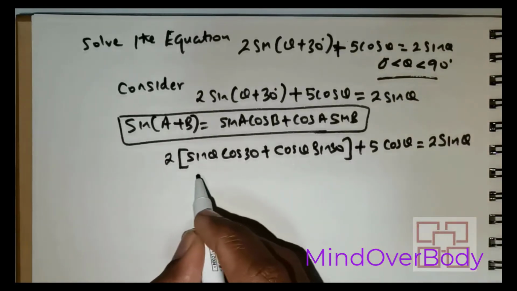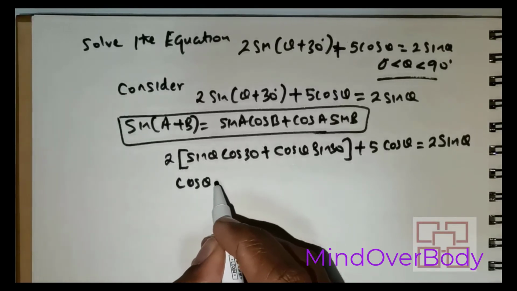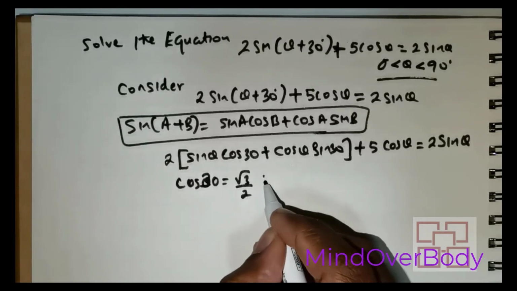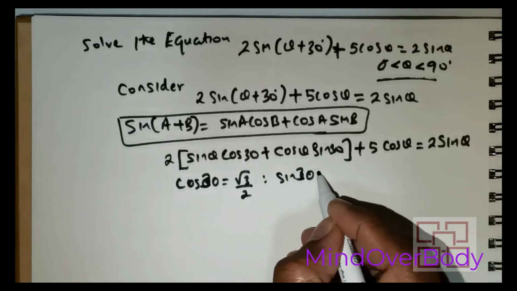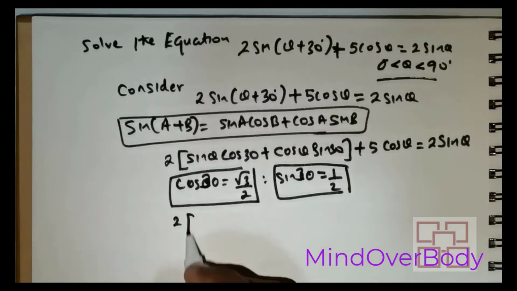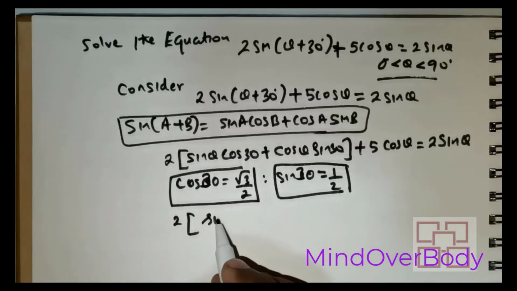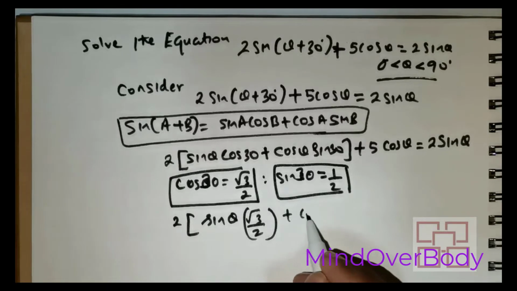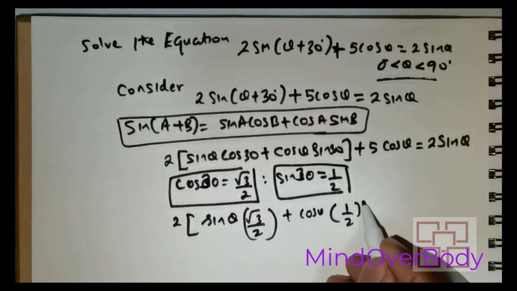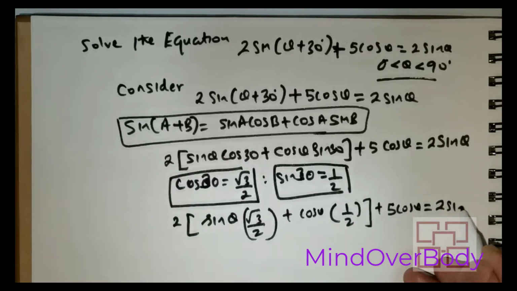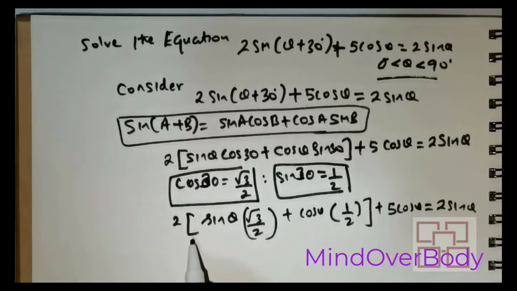Now you know that cos 30 is root 3 divided by 2, and sin 30 is 1 over 2. We know these two important facts. So I would be rewriting this equation as sin θ times root 3 over 2 plus cos θ times 1 over 2, plus 5 cos θ is equal to 2 sin θ. Now if I multiply the 2 inside, I would get sin θ